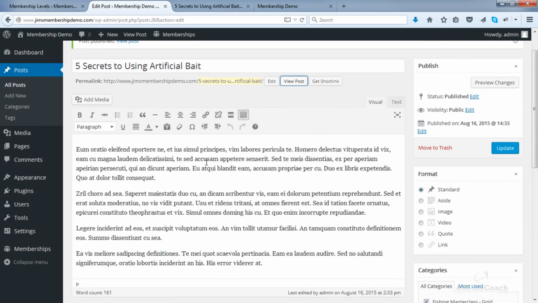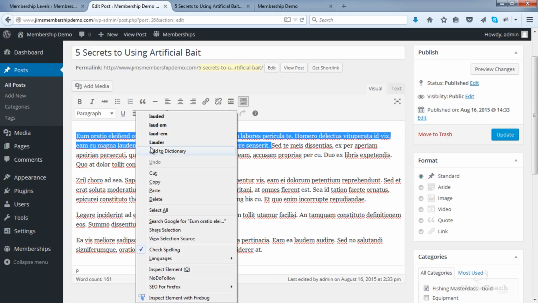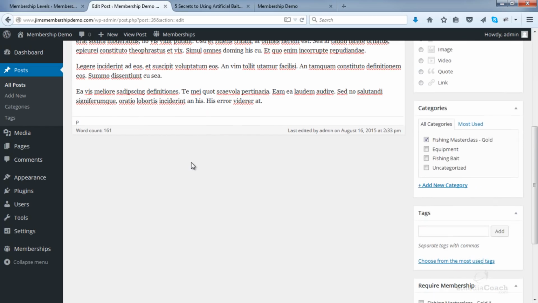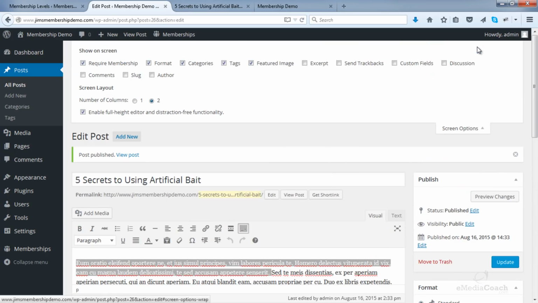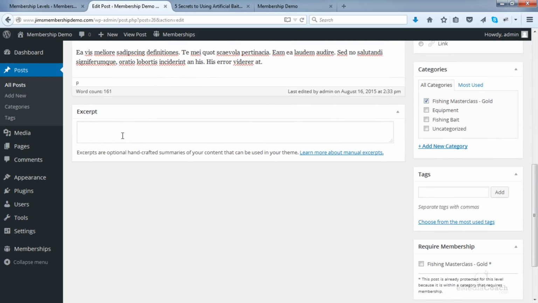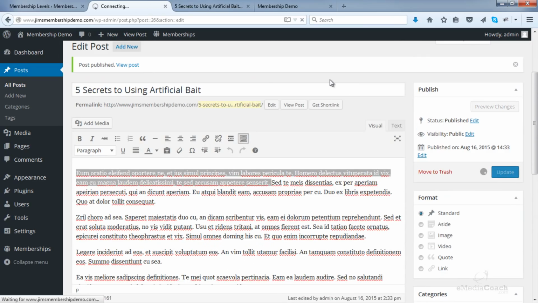What you can also do is you can present a short excerpt to get people hooked. So say the first couple of sentences are really attention grabbing, what you can do in the screen options area here, that drop down, enable excerpt, and then this area here will appear. Enter your excerpt in there and then update.